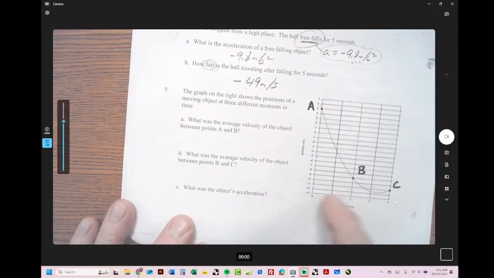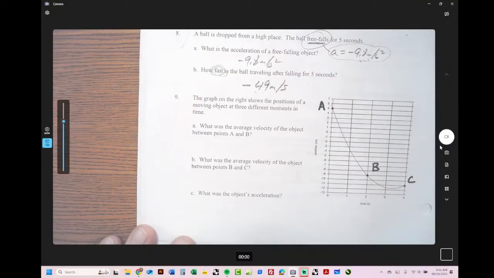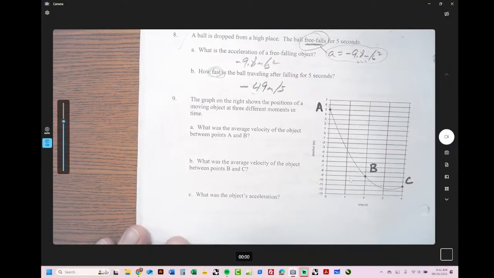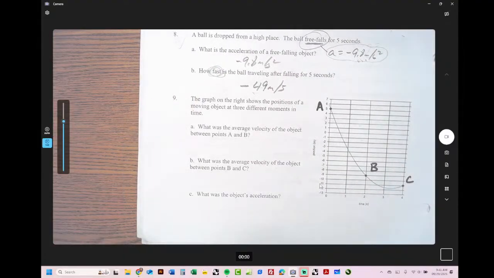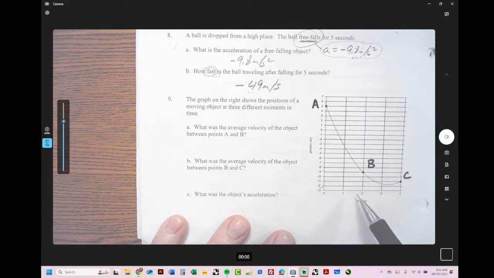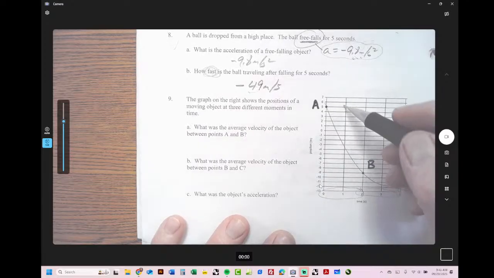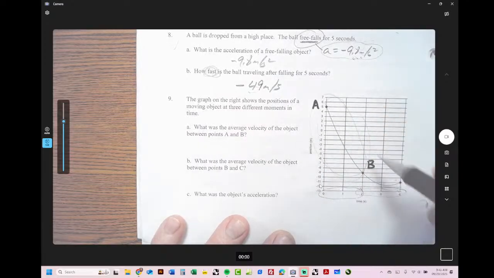Okay, so now try number 9. I'll warn you on this, I'll make this simpler on the quiz. The time interval between each of these dots is how many seconds? 1. No, between the dots. 2. It's 2 between the dots. So just keep that in mind. That means like the amount of time between this and this